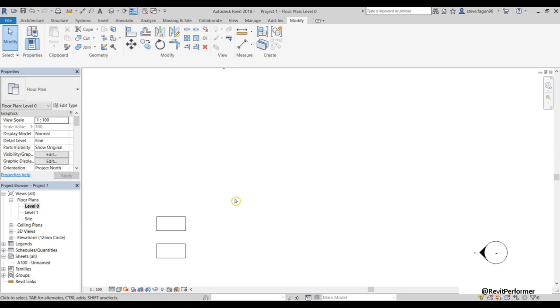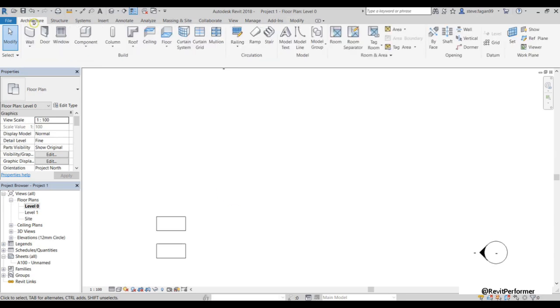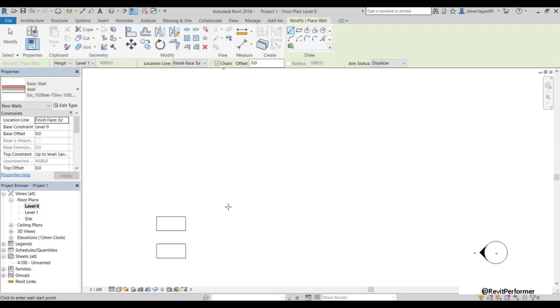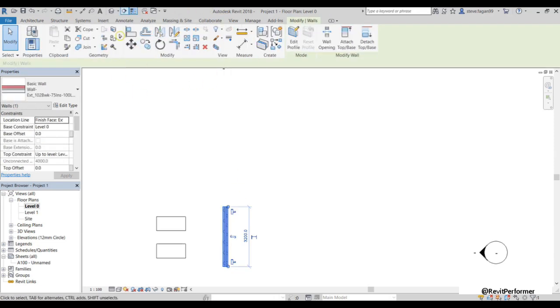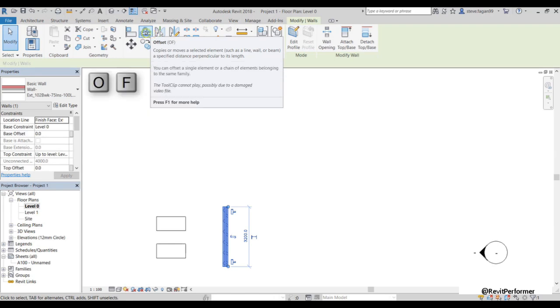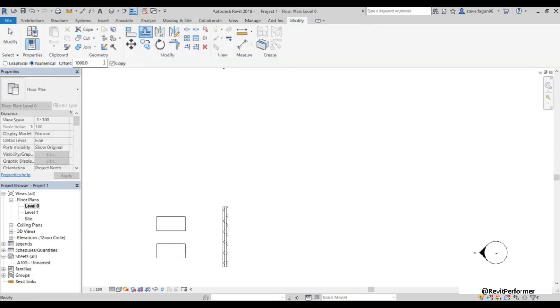Okay, so next I'm going to go over the Offset tool. For this, I'm going to place a wall, like so. And to access the Offset tool, again, I can either select my wall or go to the Modify tab. Quickest way, again, is to simply select the wall, the Modify panel will appear, and here's my Offset tool. So when I select the tool, in my options bar here is where I'll specify the distance. It's currently set to 1000, so I'll leave it at that.